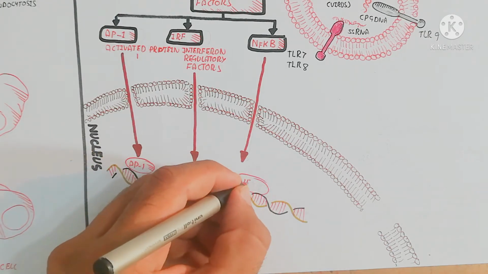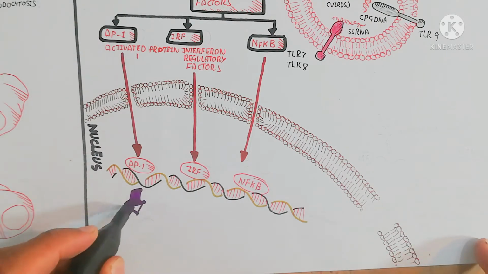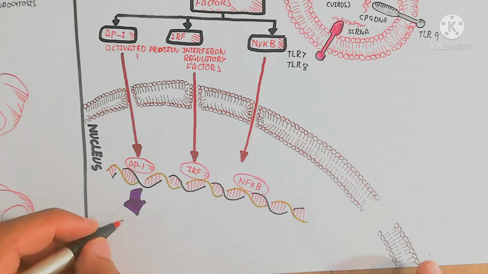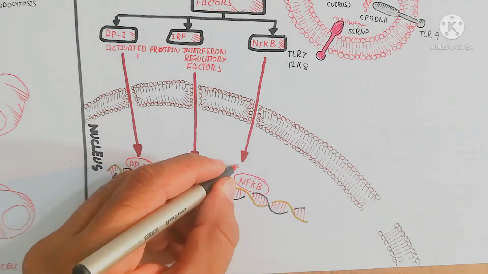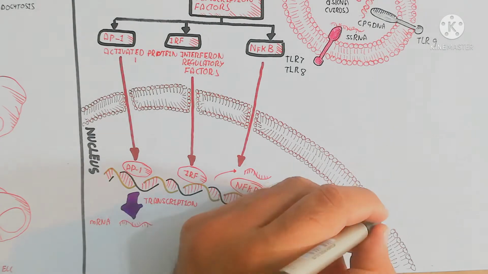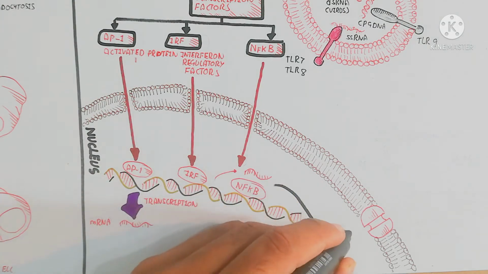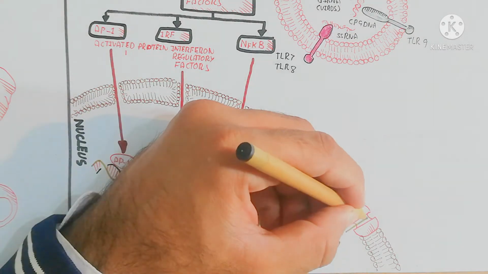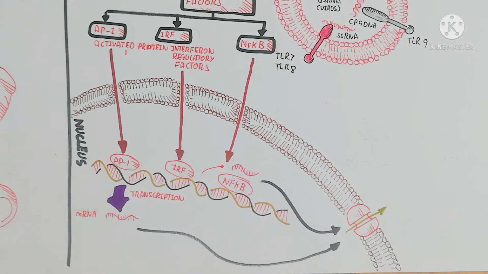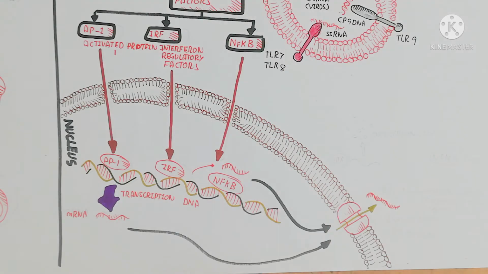Each of IRF, AP1, and nuclear factor kappa B produces messenger RNA on the basis of the gene activation, and that messenger RNA goes outside through the nuclear pore, with a transporting protein. When it moves outside, the messenger RNA goes into the endoplasmic